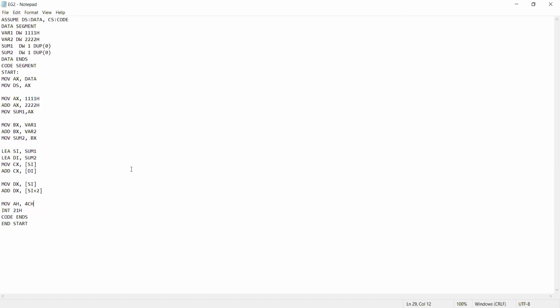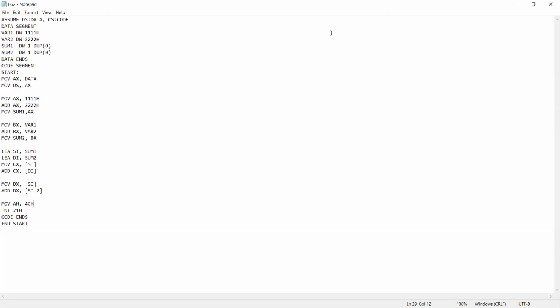Suppose you want to create an array, instead of 1 we can write 10. Then it is going to create 10 variables of type define word, and the initial value of each variable is 0. I will explain the purpose of that in the next lab session. At this point of time, don't worry about that particular instruction. When I discuss transfer of data from one block to another block, I will explain the purpose of that instruction in detail. Okay, sir. Thank you.